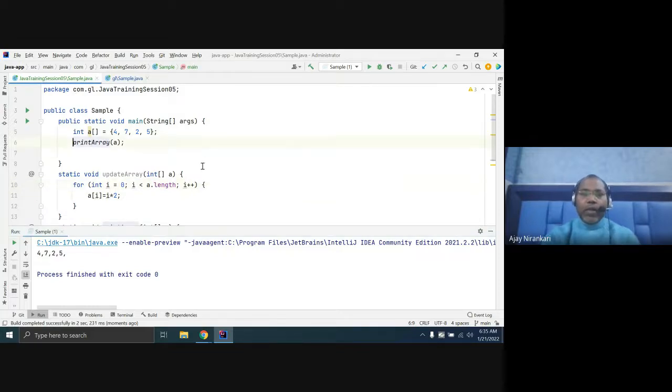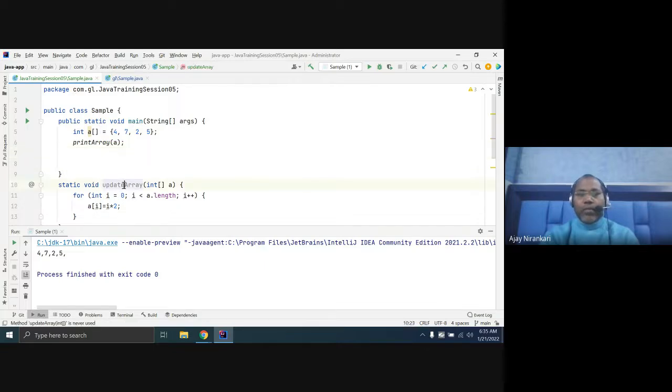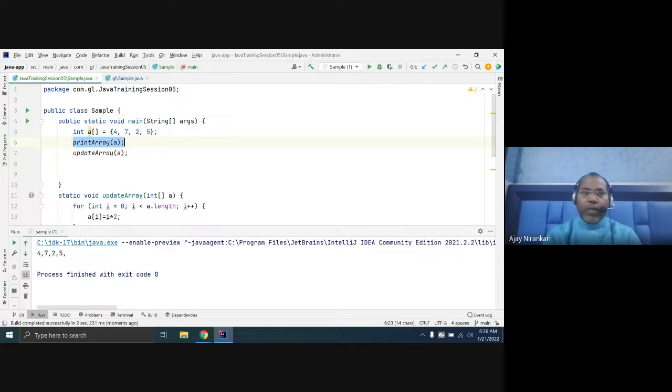Let us again invoke our update array, and after the update you can again print it, right?